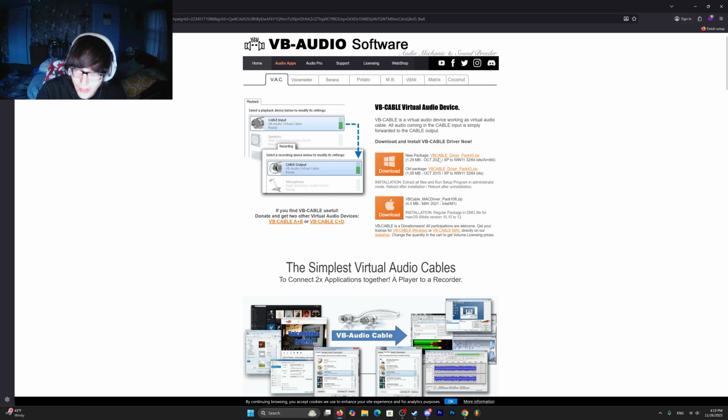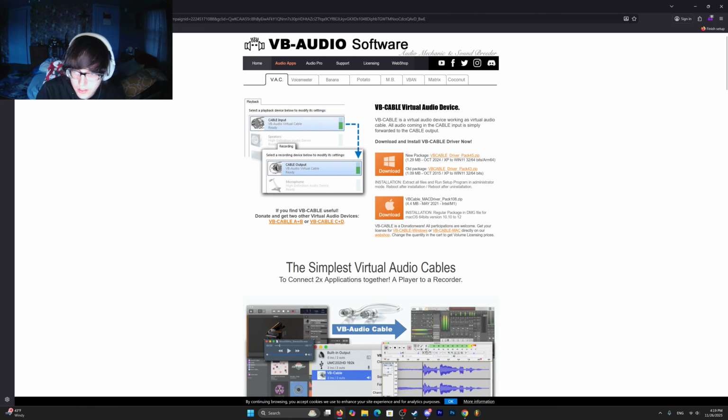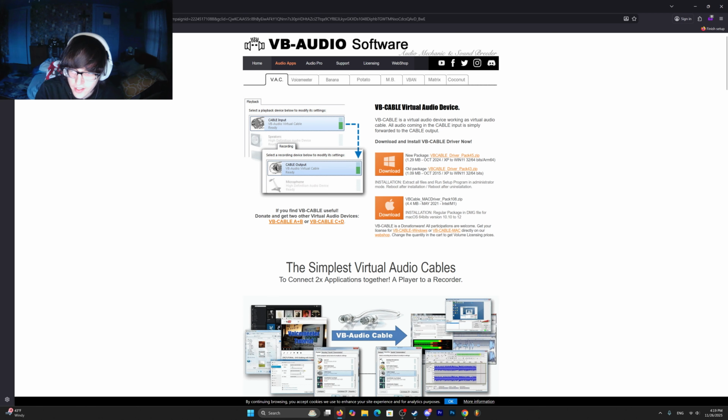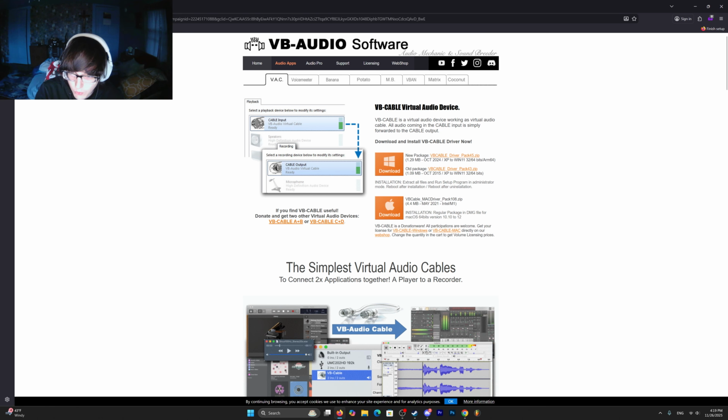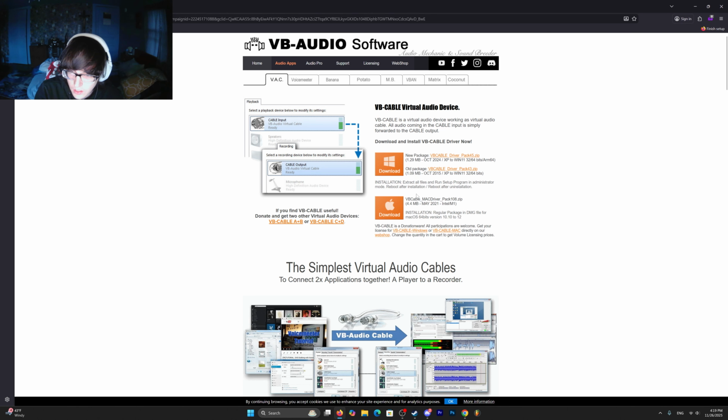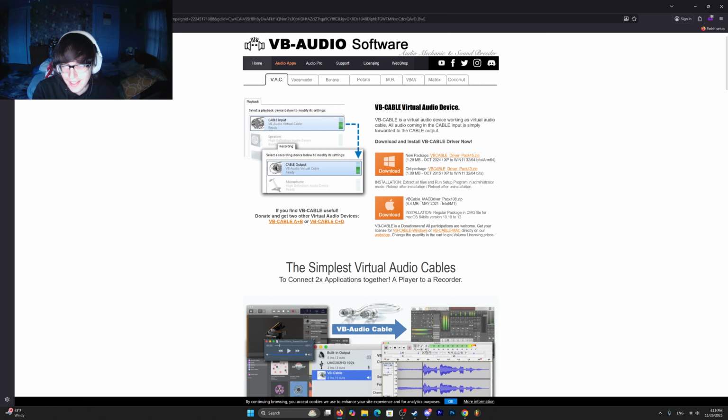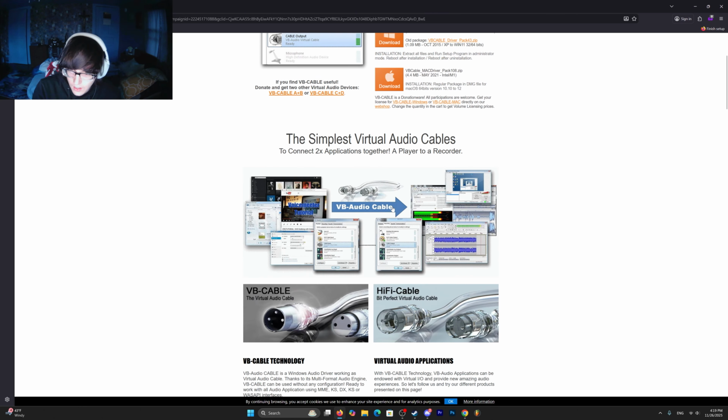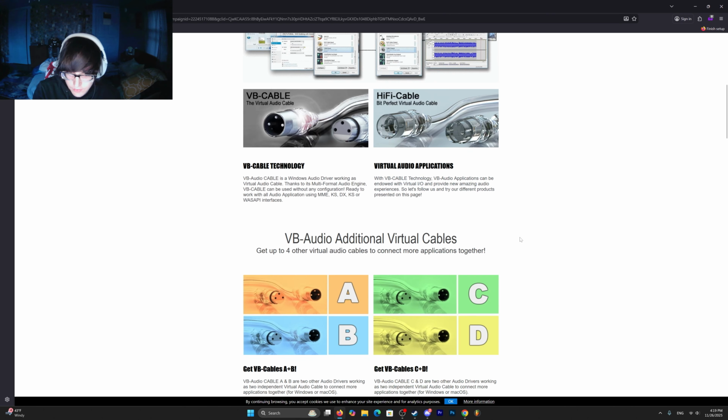So depending on what you actually want here, take a look. The megabyte difference is hardly anything, but this is XP to Windows 11, 32 or 64 bit, and this one is the old package. They also have a Mac one, which is very interesting. I didn't even know they did this for Mac. That's crazy. So they have Windows and Mac. They don't have Linux. So if you have Linux, I don't know. You're going to have to figure something out.